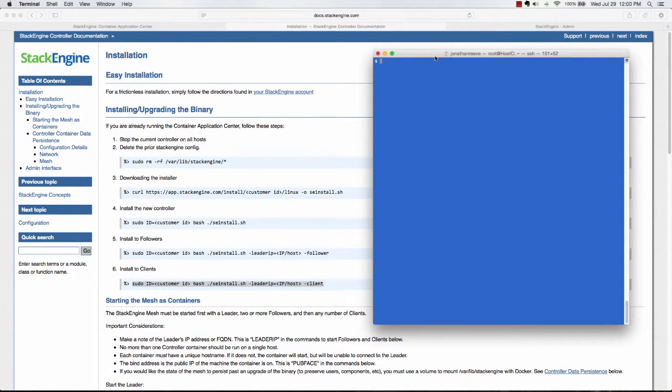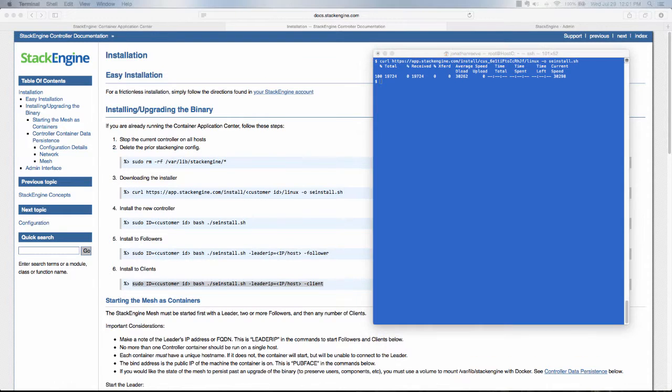If we head over to our newly created VM here, or host, that we want to add to our mesh, so we're going to leverage the commands on the left, again plugging in our customer ID, and also we're going to leverage the IP address of our leader or main controller. So first of all, let's download the StackEngine installation bits here, put in the curl command. Okay, looks like I've downloaded those, and then I want to install, run the installer as a client, and I